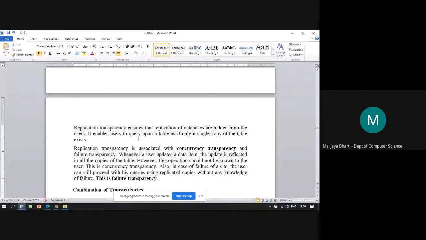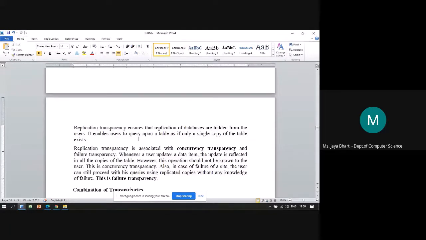If an update is happening in one copy, or one replica, the same update should happen throughout all the copies, so the update is reflected in all the copies of the table. However, this operation should not be known to the user. This is called concurrency transparency.